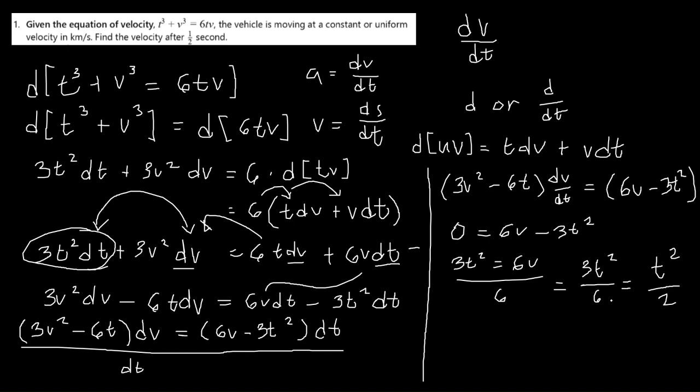Okay, then we can substitute t, your second, to 1/2 because it's given in the problem. So that will become 1/2 squared over 2, which will give you